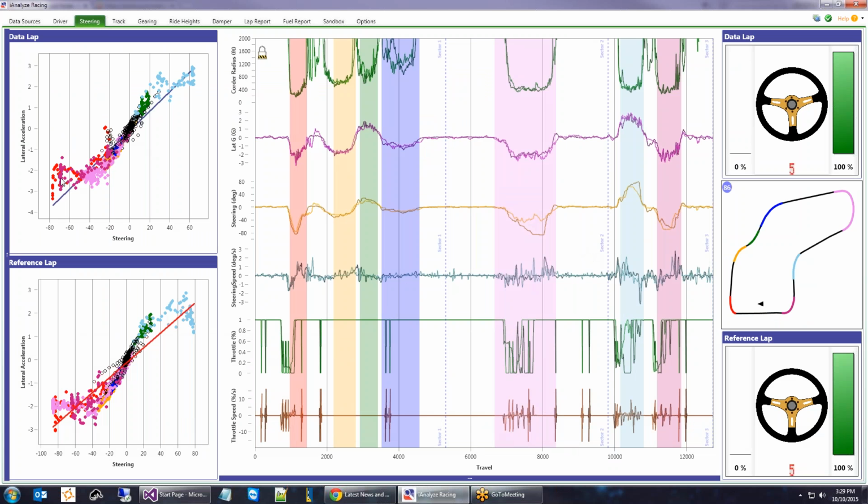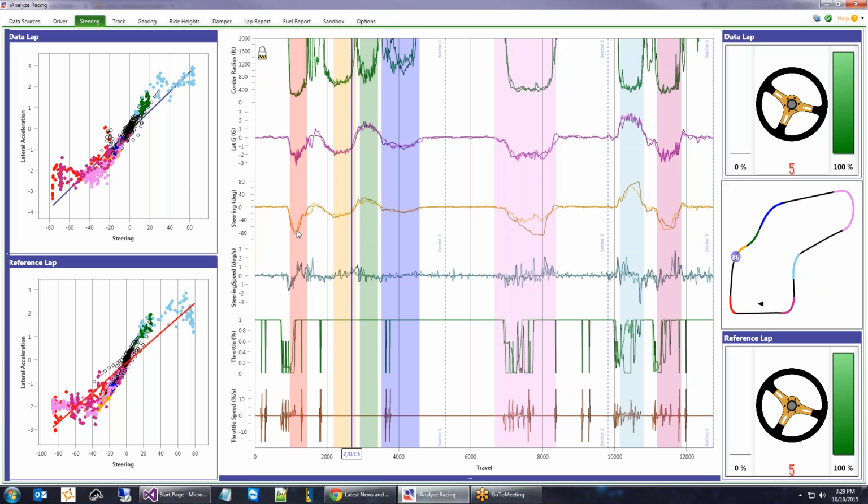You'll notice these graphs on the left. This was the graph I was talking about earlier, that the colors for the different segments really help in that you can see where things are happening based on those colors. Now, the steering plots here, essentially you're plotting lateral acceleration on the y-axis versus steering. And neutral steering, if you're going straight ahead, would be right here at 0. And as you make, I think the right turn is positive and left turn is negative. We'll have to,